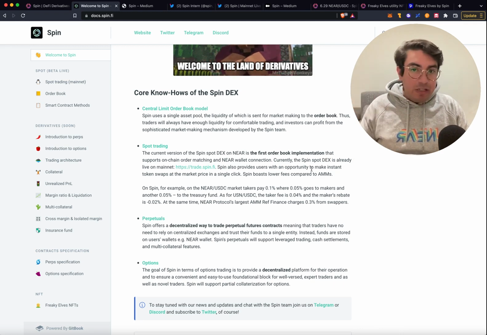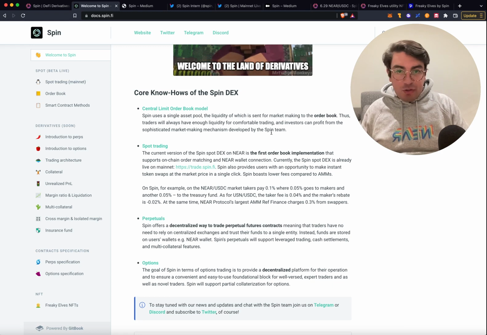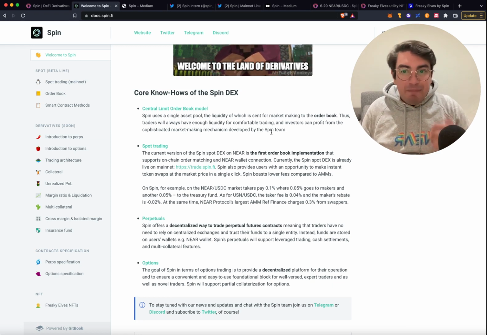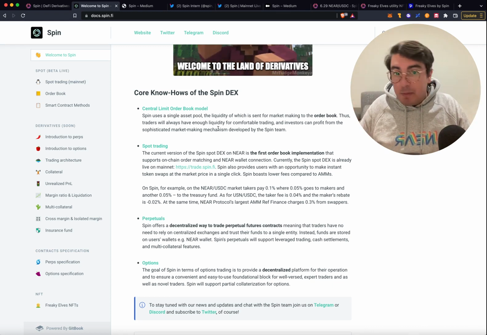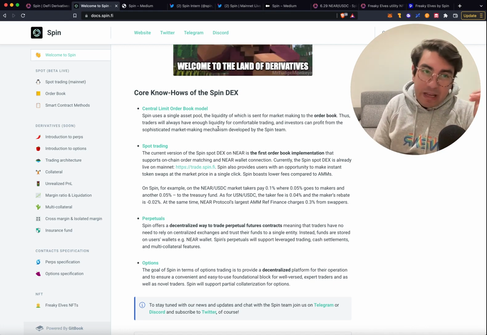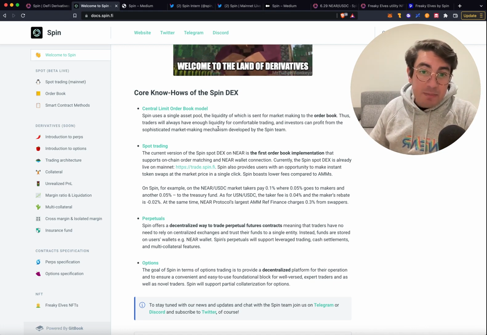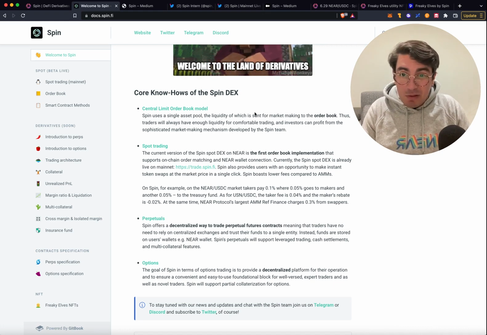Now, this is really interesting because normally you have to provide liquidity for each one of the pools, and there are always issues with capital efficiency. So, do your own research. I am a natural cynic. Every time that you read a team saying the sophisticated market mechanism that neither one of us can understand, but magically it's going to make you money, you should be careful. However, from what I can see from the Spin Finance team so far, I'm actually very hopeful and optimistic that this is going to be revolutionary.